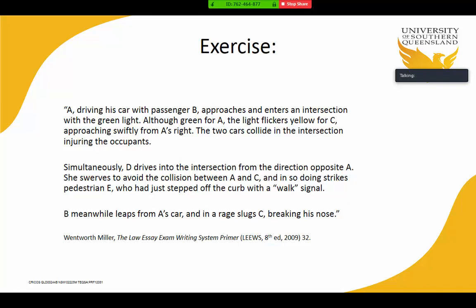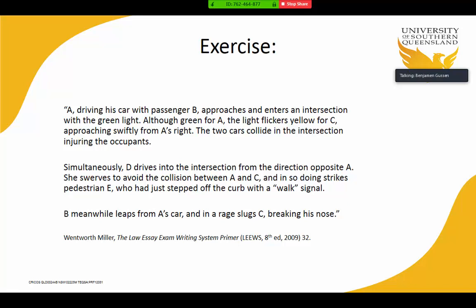What is this? This scenario is giving you what? Facts. Every sentence, every word, every paragraph is giving you facts. So when you do your exam questions, you need to make sure you're using every fact. That's what you will get. This is your scenario. Now,